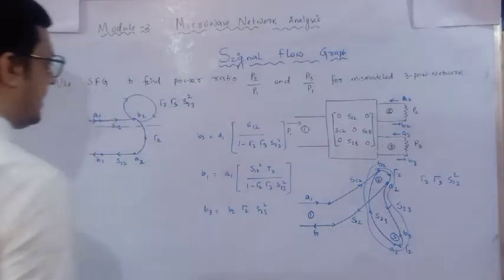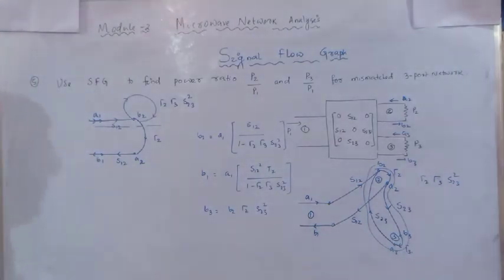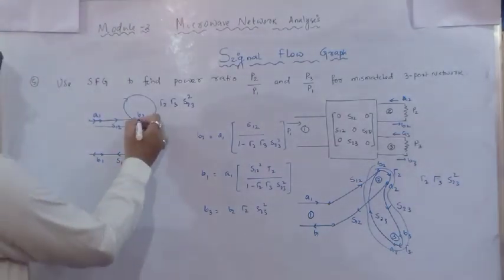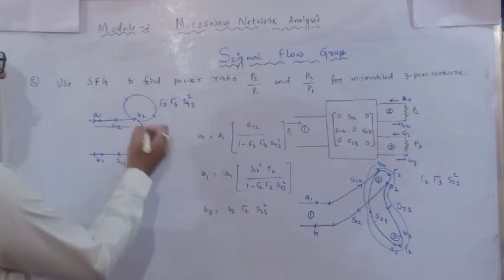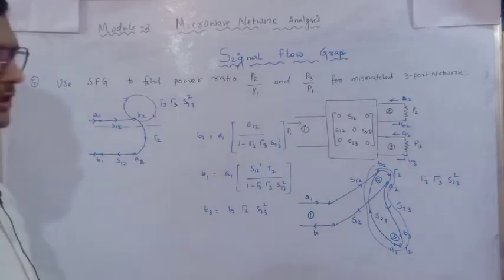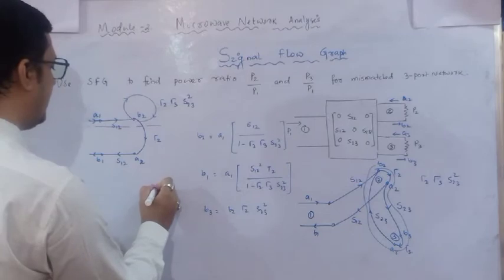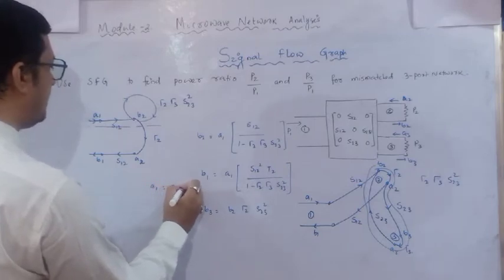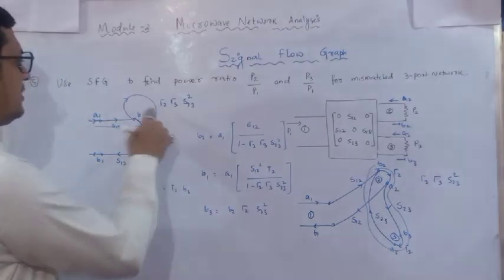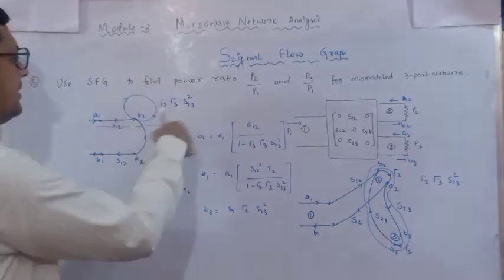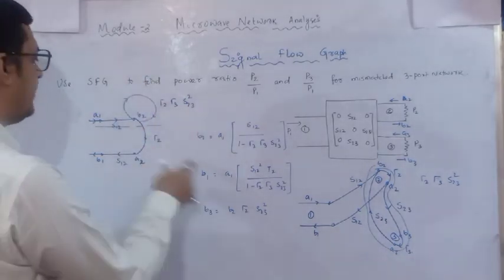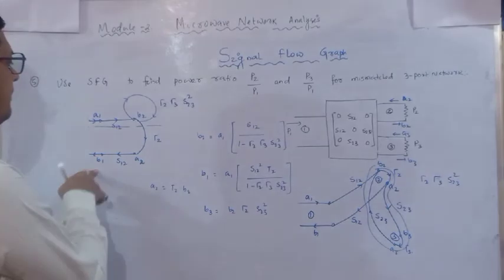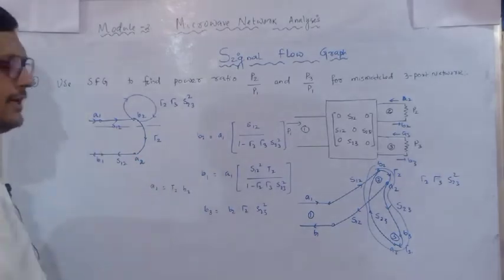So these are the basic relations. Now how have I identified this? See, we have a relation between A2 and B2, that is reflection coefficient 2. Done. So what will I write? A2 is equals to reflection coefficient 2 times B2. Now what is B2? B2 is having the self loop, substitute here. So it will be represented in terms of A1 also, because A1 is also included here.